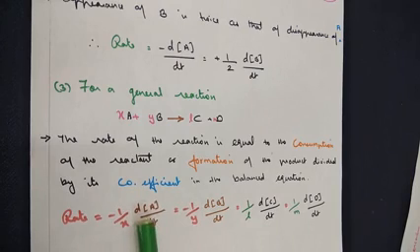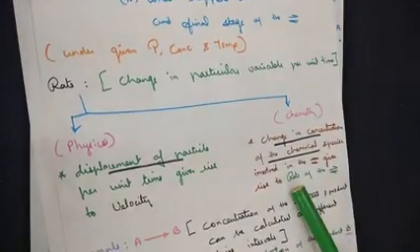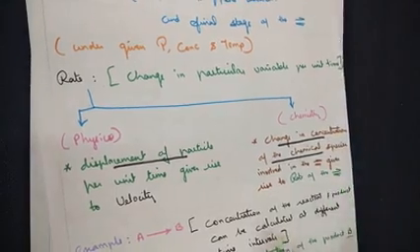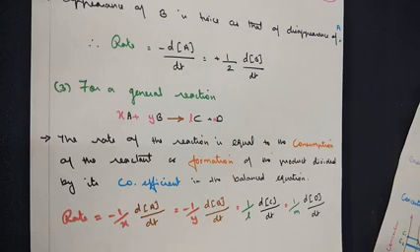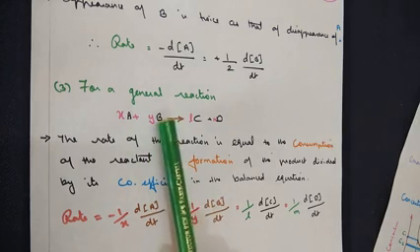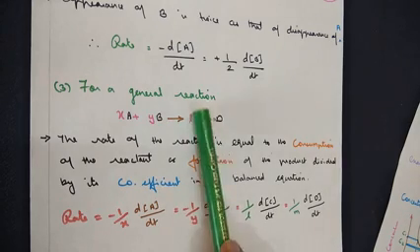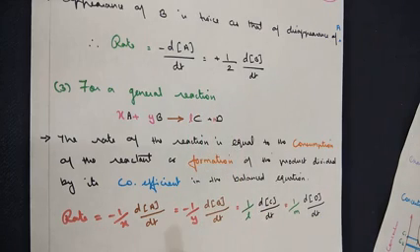Why are we writing in terms of differentiation? Because the rate of a reaction is calculated as the change in concentration of a chemical species with regard to time, and that's the formula we have seen, (C2 minus C1) by (T2 minus T1). So differentiating them, we take the concentration term within the square bracket. Y comes to the denominator, so minus 1 by y d[B]/dt is equal to, on the product side, L and M coming to the denominator, 1 by l d[C]/dt is equal to 1 by m d[D]/dt.